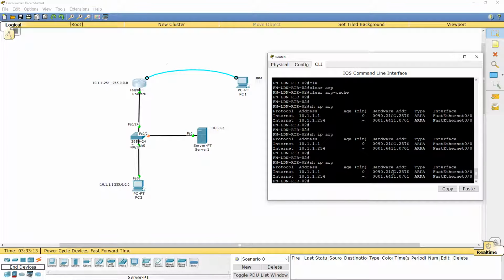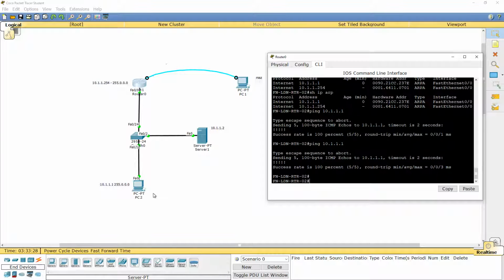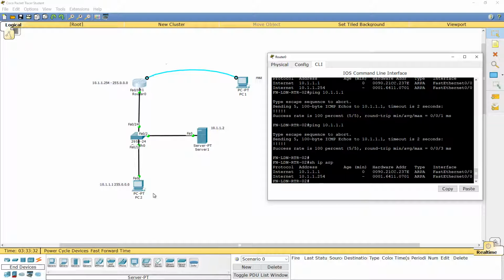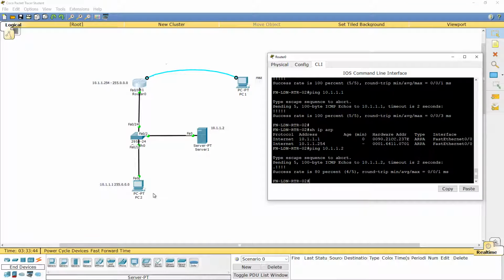But now we don't have the MAC address of the 10.1.1.2. You can see I can still work without any problem from the Cisco router. But when I go to show IP ARP, I do not have the 10.1.1.2 MAC. If I ping to 2, now you see the first packet will be lost because its broadcast goes everywhere and the reply is not coming on time. So the first packet is lost. If somebody asks me in the interview, I ping 5 packets, my first ping is lost, what is the reason? So you can tell him, sir, the first packet is lost because of the ARP request. And if I do show IP ARP, here you can see it.